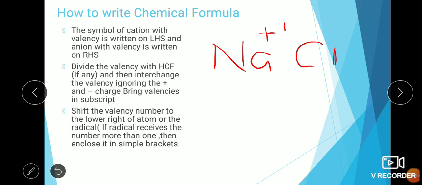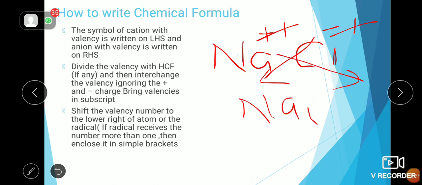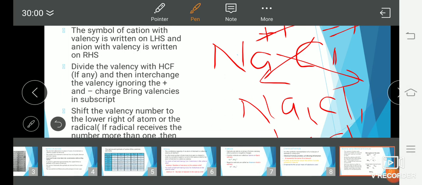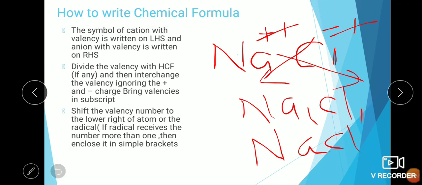Now sodium will have plus 1 valency and chlorine will have minus 1 valency. For the simplification part, if your numbers are same, you can go ahead and cancel those numbers. Like if you have plus 1 and minus 1 here, directly you can cancel the numbers, or you can perform the same thing, that you can cross multiply Na1 and Cl1, and as I told you, we do not write number 1 in chemistry, so the formula directly becomes NaCl. I hope that most of you have got it right, and if it's so, I'm really happy that we are on the right path.